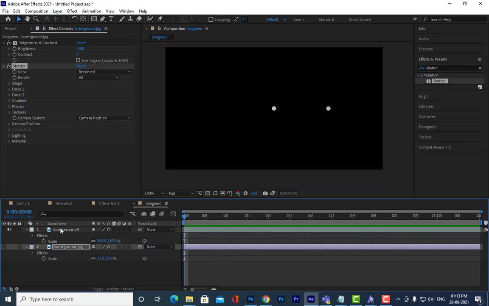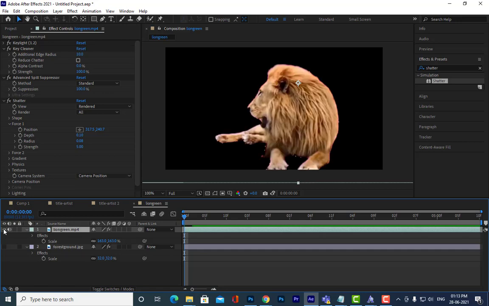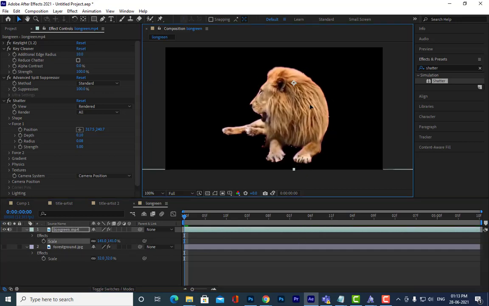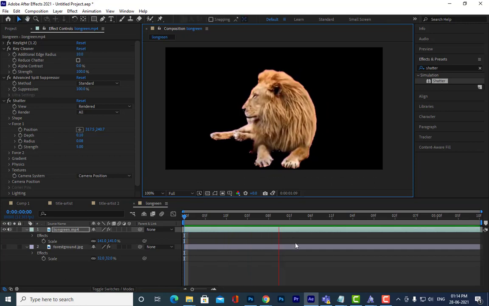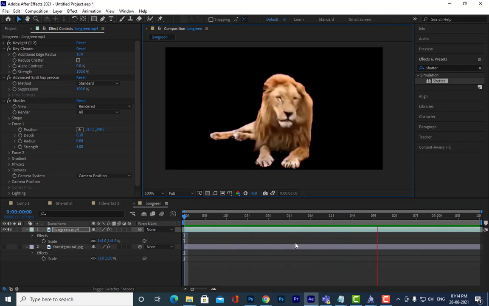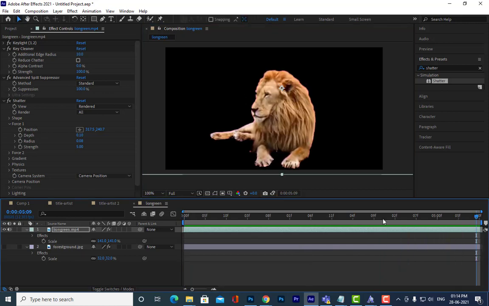Okay, let's do one thing. Let us try to see. I am going to create an image sequence out of it. We'll make it as an image sequence, and then I will apply the shader to this. So how to render it as an image sequence?